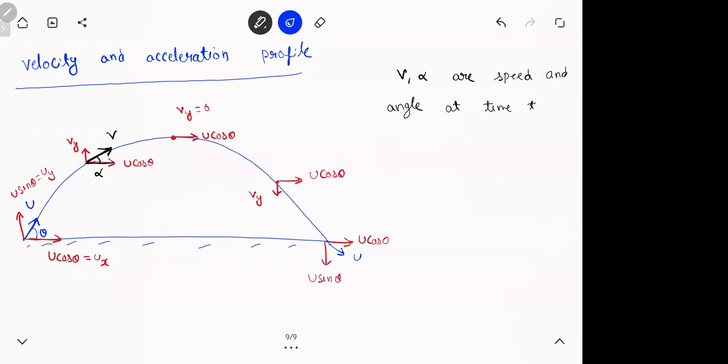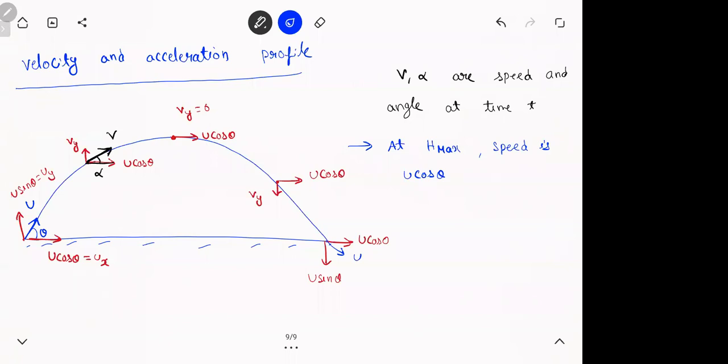So if you throw a particle with speed u, in an ideal case you will hit the ground with the same speed. That's the only difference, the angle will change. The direction has reversed. Got it? So at H max, the speed is u cos theta. Remember this carefully because people have a small notion. When I ask them what is the speed at H max, they say 0. Everyone thinks that at maximum height the speed should be 0. Remember, at the maximum height, the vertical velocity is 0. To go any higher, it can go horizontally. There is no problem.